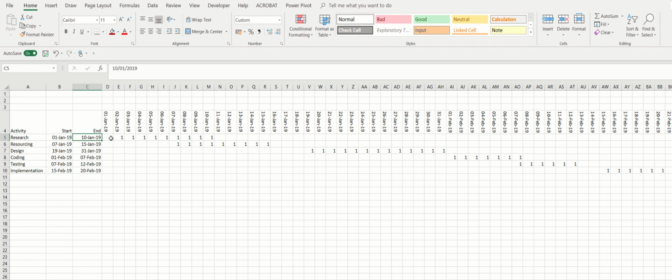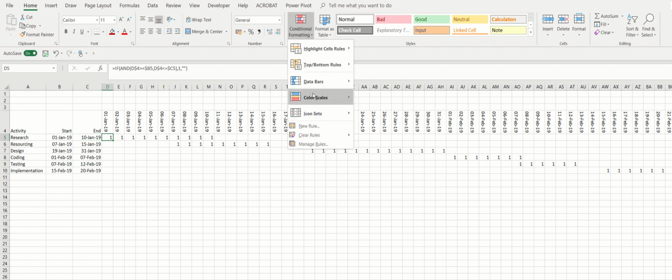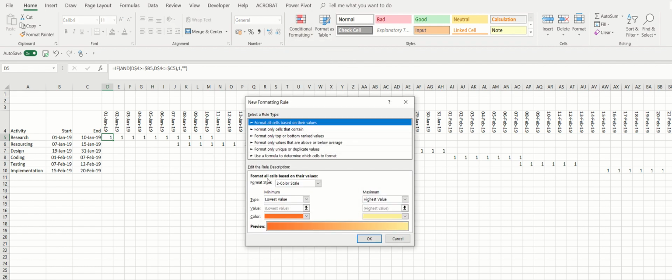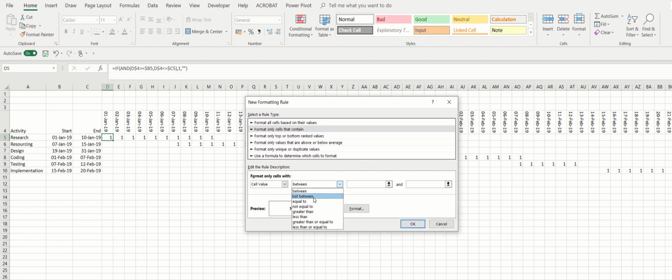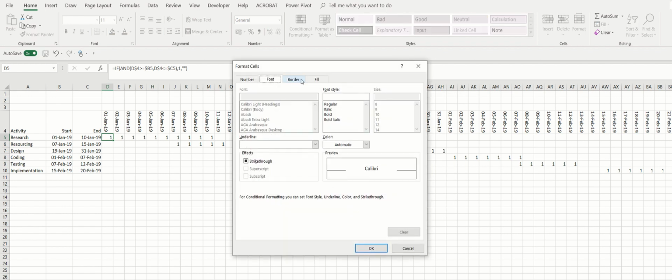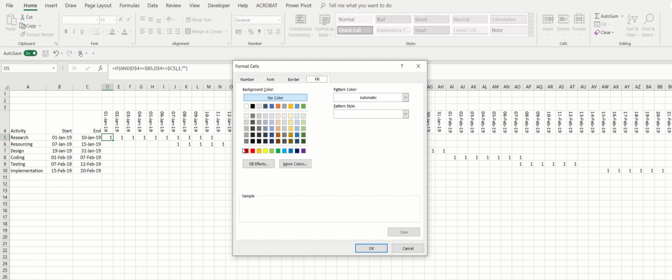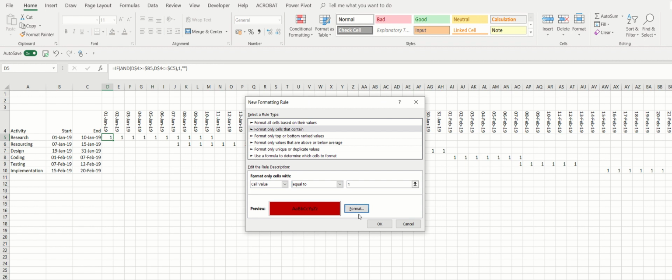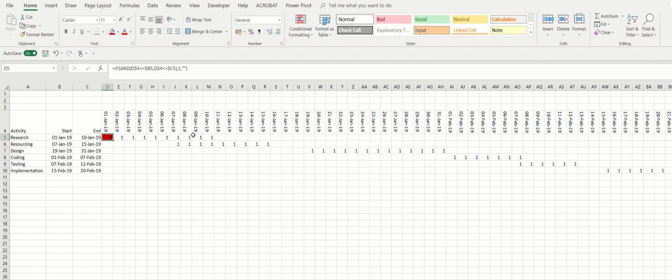Okay, but I don't want ones, I want colors. What I'd like to do now is just introduce a conditional format, a new rule, and the new rule will be format all cells that contain a value equal to 1. And I'll format the cell with a fill, and I'll use that color there, and I'll say OK. So any cell that's got a 1 in it will go a different color, and that did,